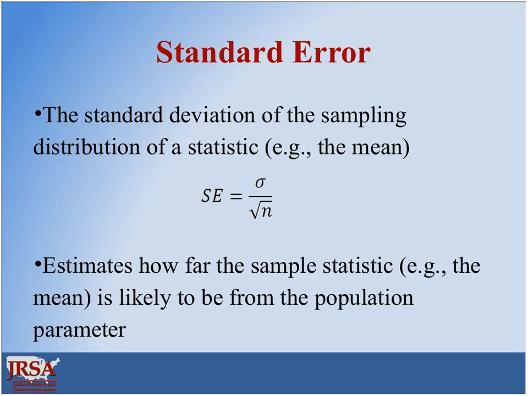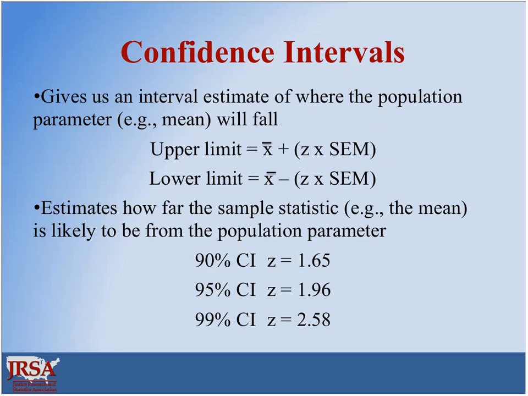And I'm sure most of you recall that one of the ways those standard errors are used is in developing a confidence interval for estimates derived from samples. For the mean, the confidence interval will give us an estimate of where the population parameter will fall. So rather than having a point estimate, which is the sample mean, the confidence interval bounds it so that we have an upper and a lower limit. For this sample statistic, which in this case is the mean, we use the standard error of the mean that we just calculated